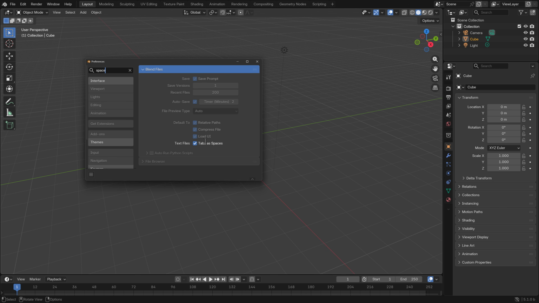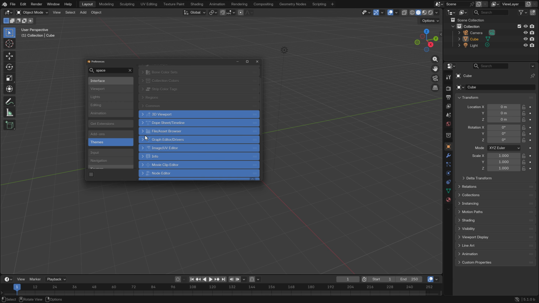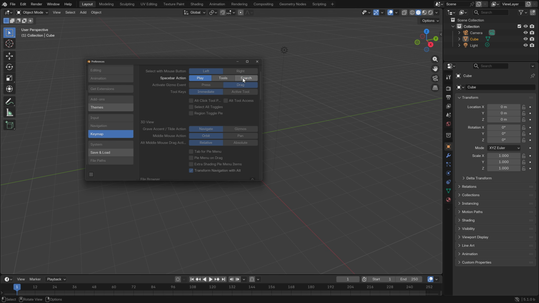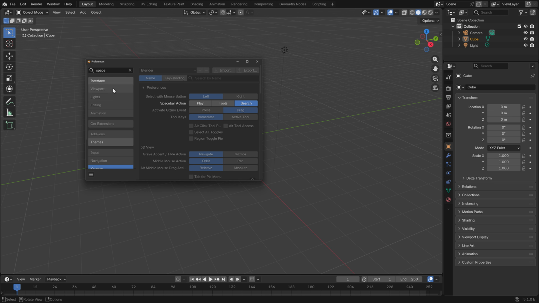So for example, interface, we see tabs as spaces. Themes, it'll find some kind of a match in themes as well. Come on down here, key map, and then boom, there is space. So I will switch it over to search the way that it was always intended to be. I could do so right there, and done. So this new sorting here, it's the same thing here if I wanted to switch